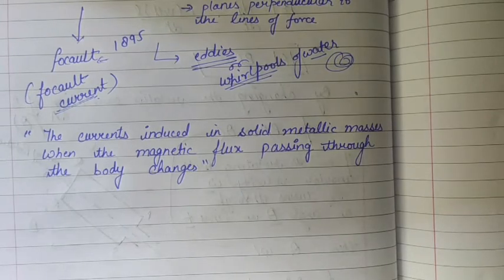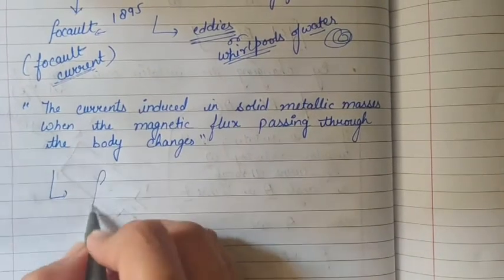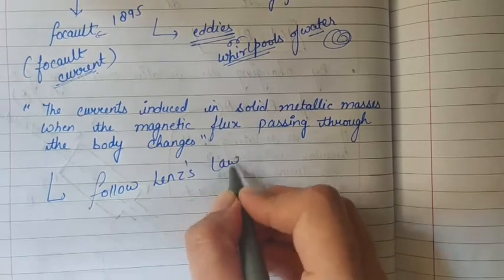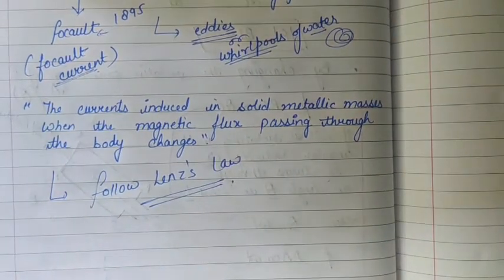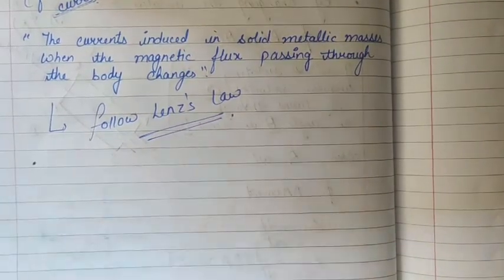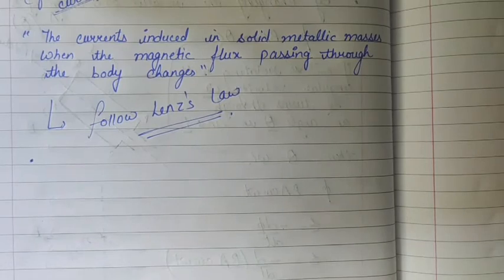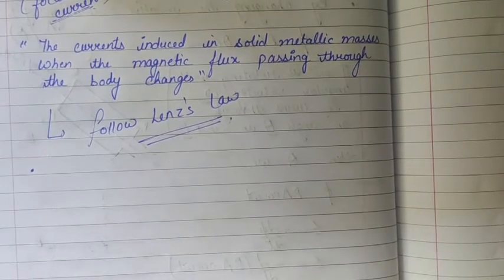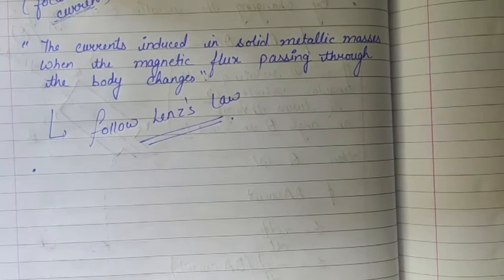So they are a kind of induced current and are known as eddy currents. Now the direction of eddy currents can be given by using Lenz law. So these currents follow Lenz law. One more point to note is that these eddy currents try to follow the path of least resistance. As they are a form of current, they try to follow the path that has least resistance inside a conductor. So they form loops, but they are irregular shaped loops.